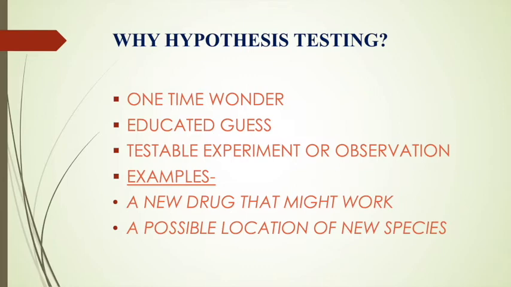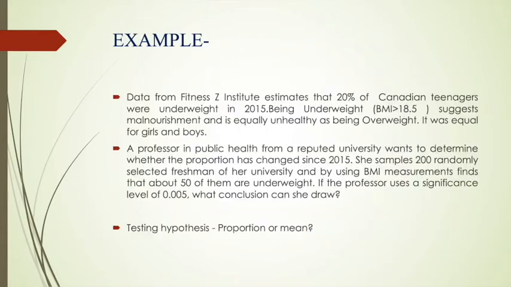In the third step, we use a Z or a T testing formula. Then the fourth step, we conclude. We either accept or reject the null hypothesis based on our decision rule. So now I'll take an example and we'll solve this example step by step to get a better understanding of how to carry out a hypothesis test for one sample.